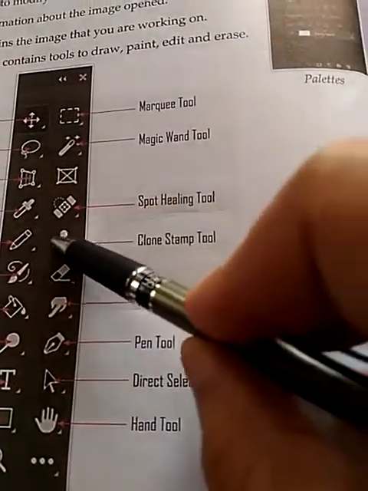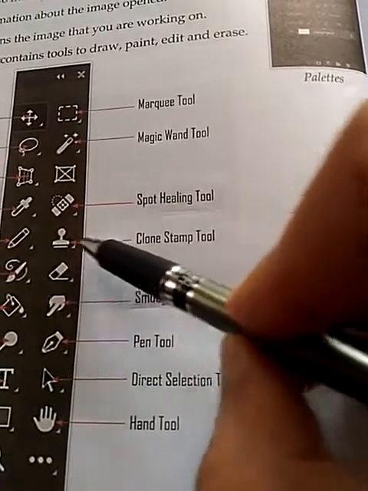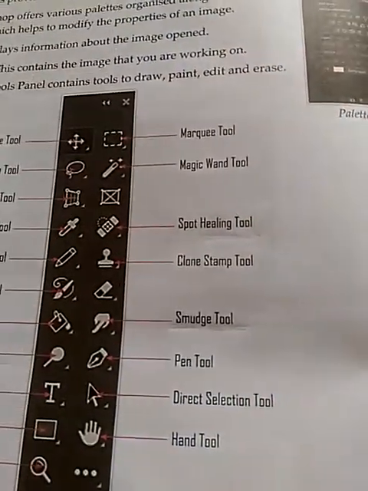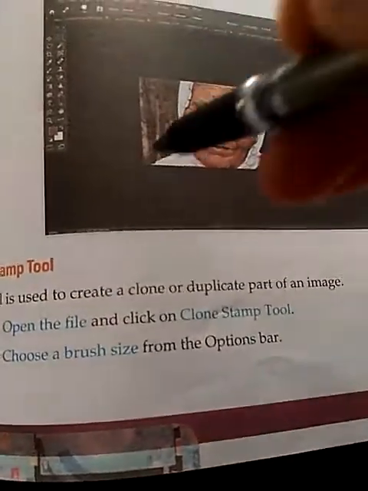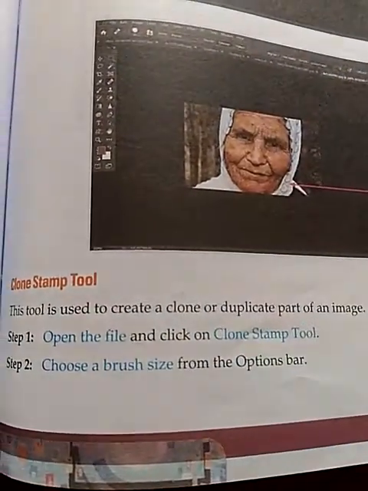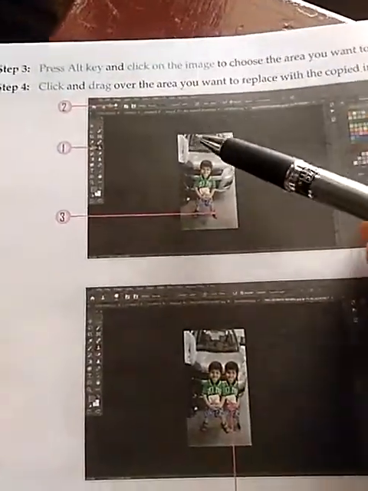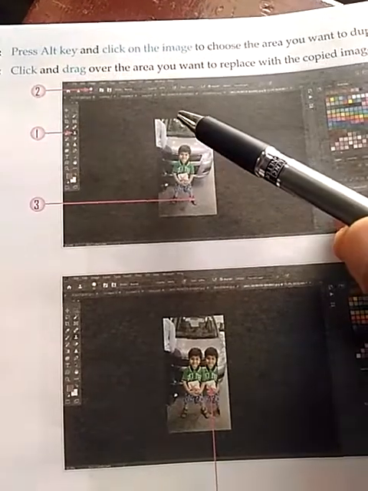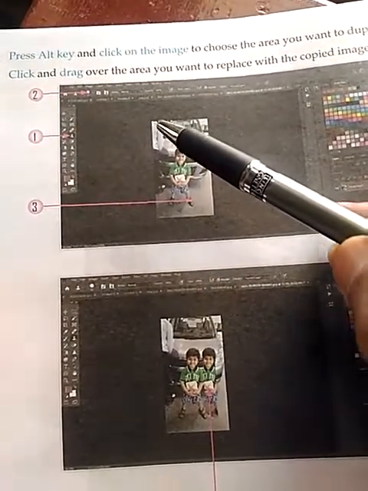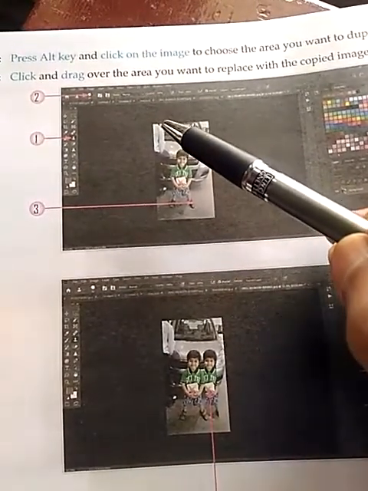This is the clone stamp tool. First you need to click on this clone stamp tool. After selecting it, select the size of the brush and the hardness of the brush. After selecting the size, you need to hold the Alt key and click the mouse at the place which you want to copy.